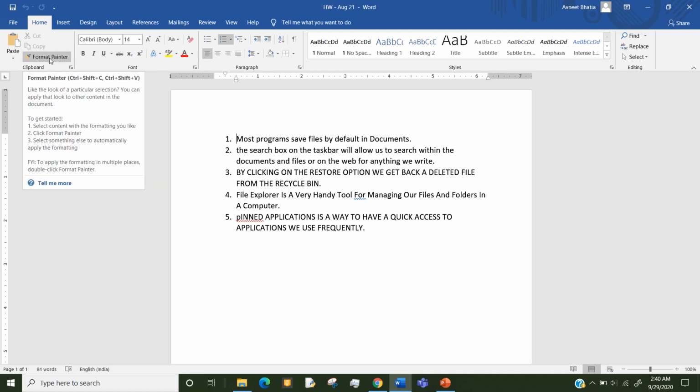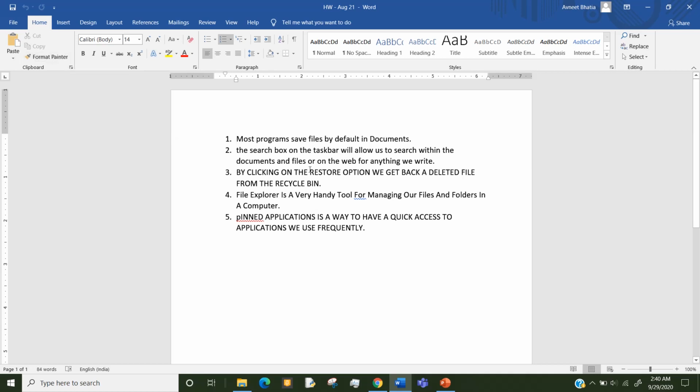Today we are learning copying text. It means the words that I have typed in this document, if I want the same text to appear in some other place in this document or in some other document, then I will not type it again and waste my time and energy. Instead, I can copy and paste it at the location where I want the same text to appear. Let's do practical, then it will be clear to you all.